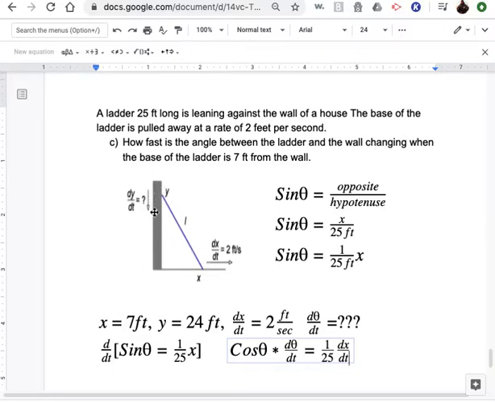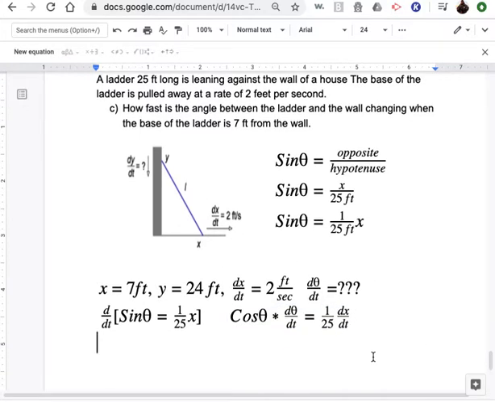Well, since our adjacent side is y and our hypotenuse is L, we know our y is 24 and our hypotenuse is 25. So I'm going to go all the way over here and line it up with this, and we're going to put in a new equation. Instead of putting in cosine theta, we're going to put in the fraction of 24 feet over 25 feet times d theta dt